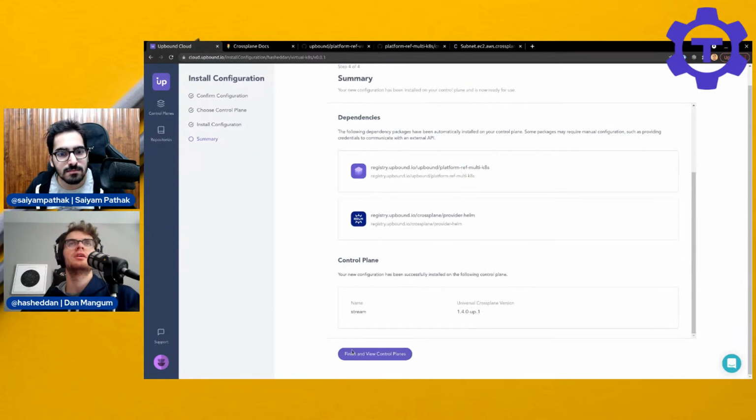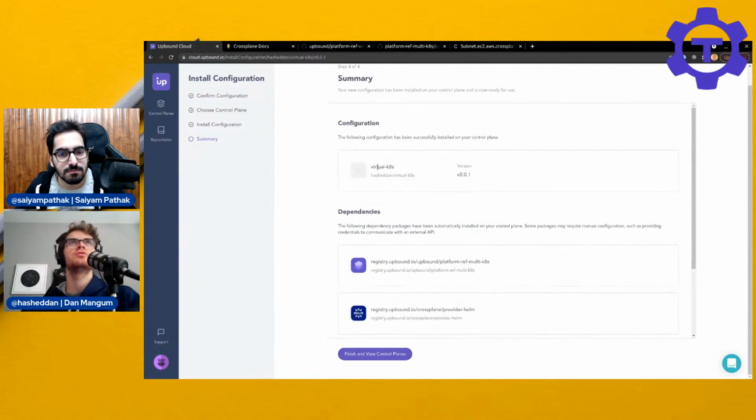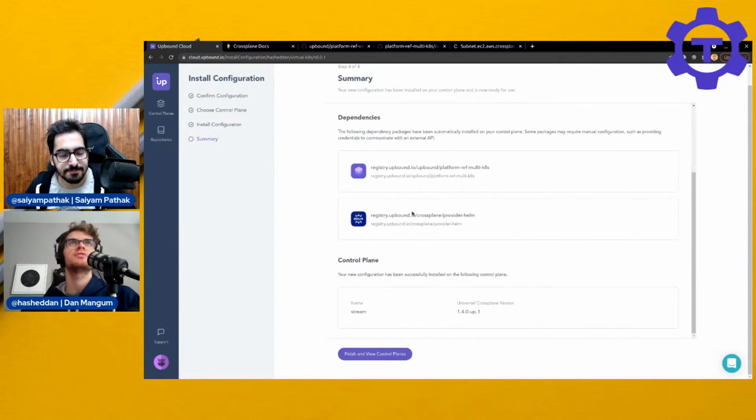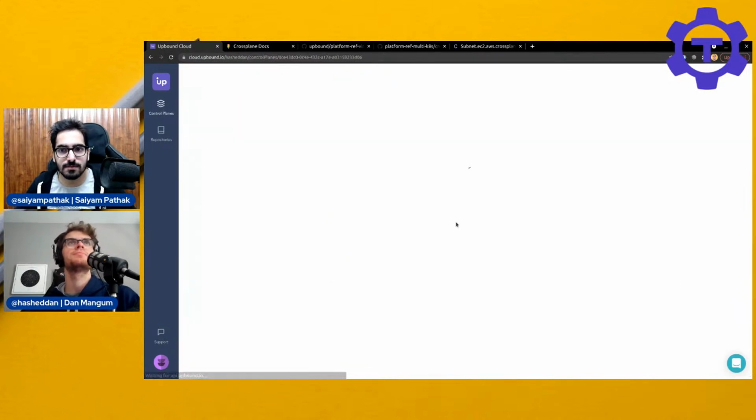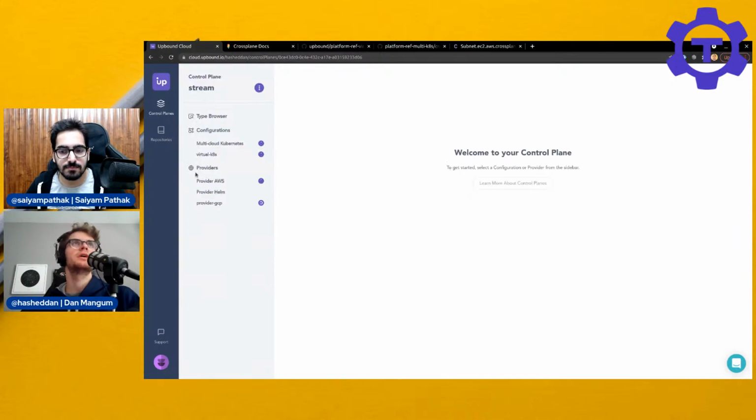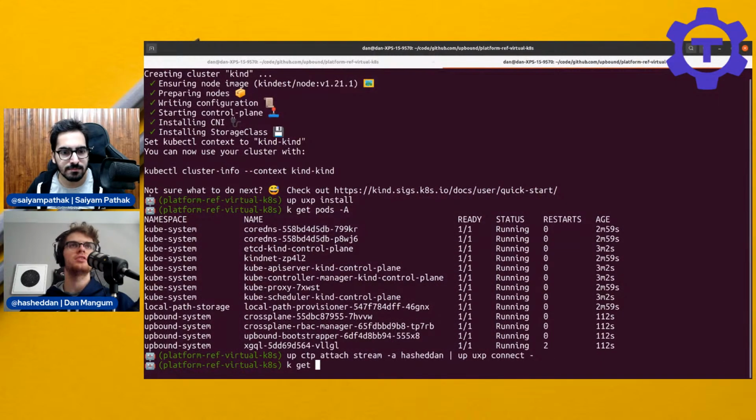You'll see the UXP version that's being used, that this was installed successfully, and that these are the dependencies that are going to be resolved automatically. And so if we go over to our control plane, you can see all these dependencies starting to pop up in the cluster. And if we wanted to view them here,